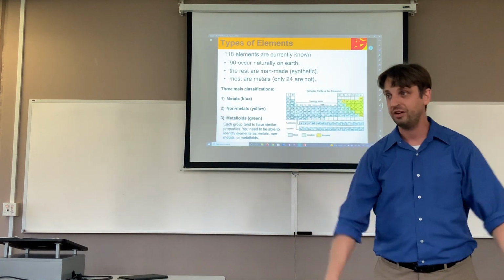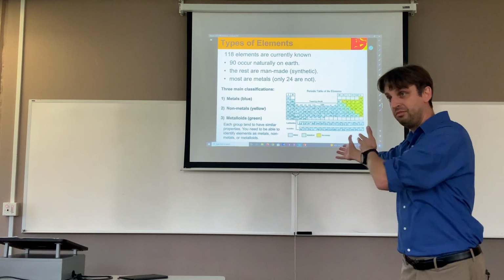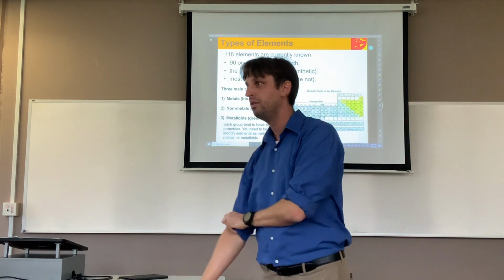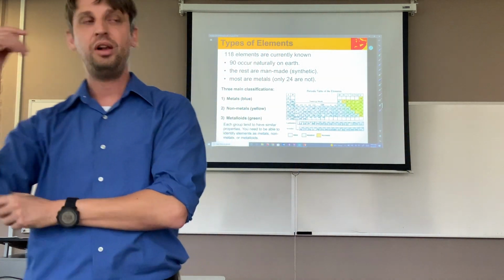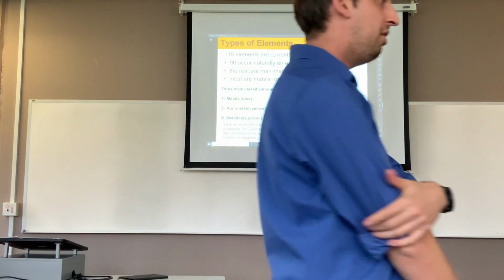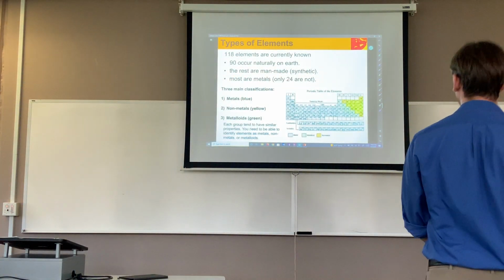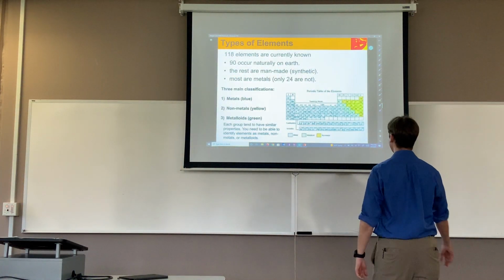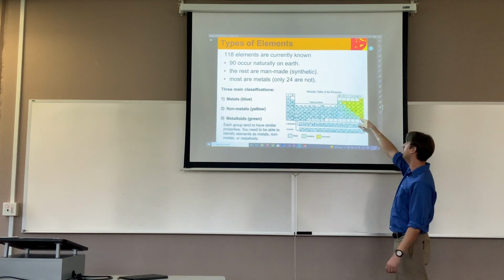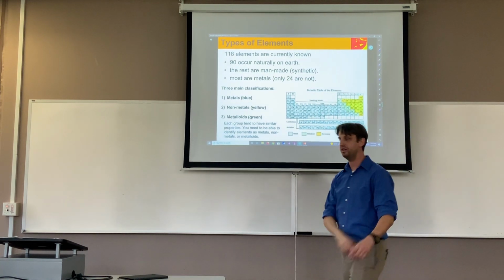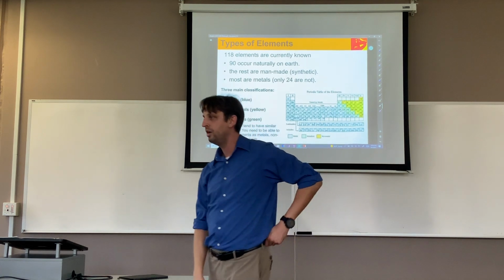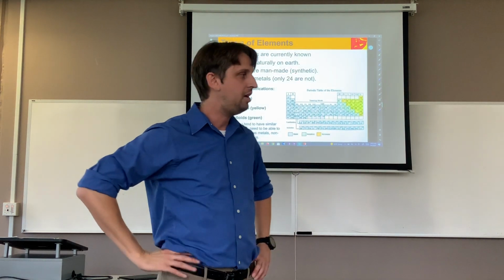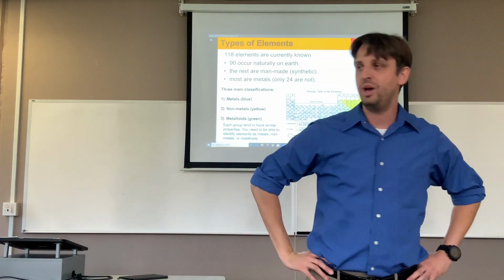How are you guys going to figure that out? Look at the periodic table. Got it? The nonmetals are on the right-hand side. The metals are usually everything else. So there's kind of this stair step here, starting from carbon all the way down to radon. That's the limit of our nonmetals. Good? We're going to talk in just a second about some of the properties of metals and nonmetals.